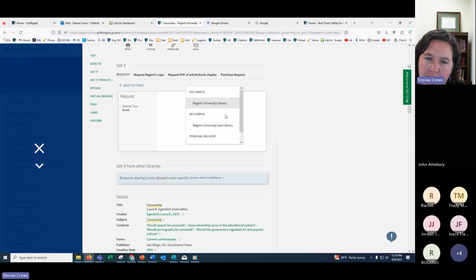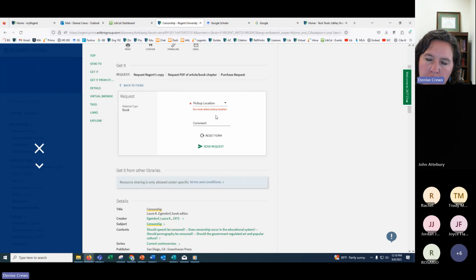If you live near campus, you can select the library as your pickup location and the front desk will find it and put it on hold for you. And then you just send the request. So if you need a chapter copy because you live at a distance and you just need that chapter fast, or you live close by and you just want that chapter to save in your records or take notes on,